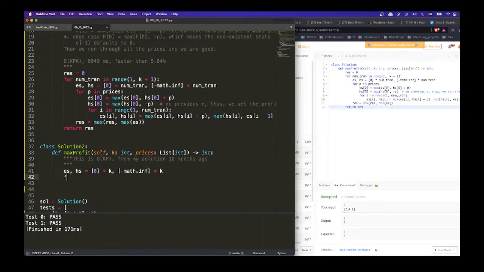Oh, I think this means it's always better to do more transactions. Yes, that's what it means. It's always, if you are allowed to do